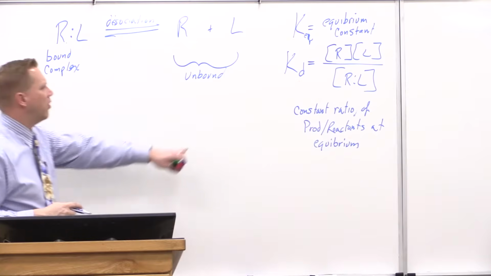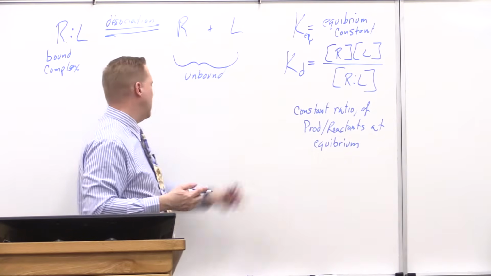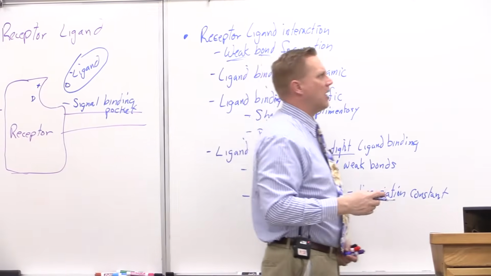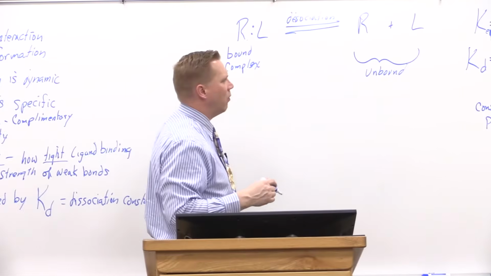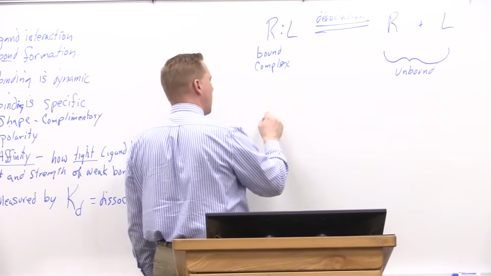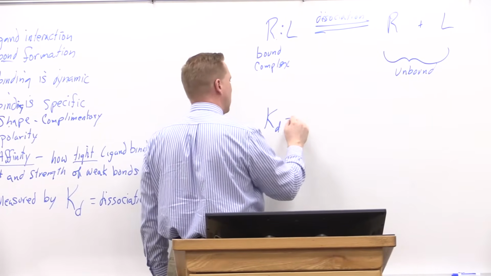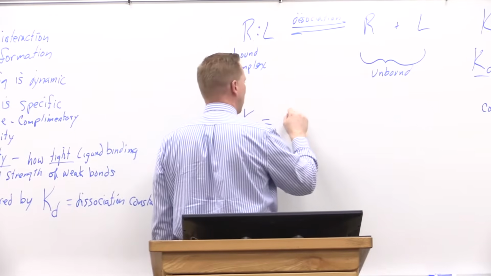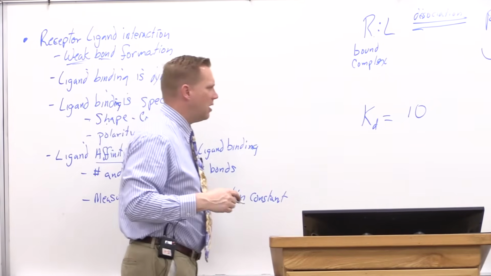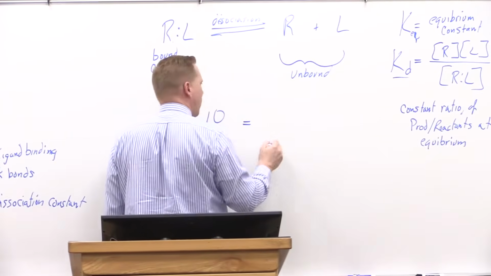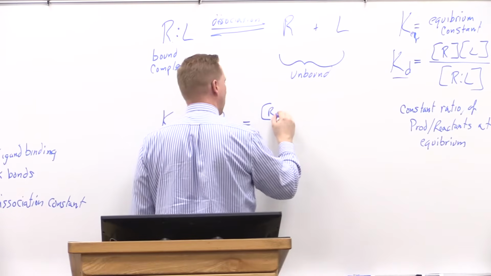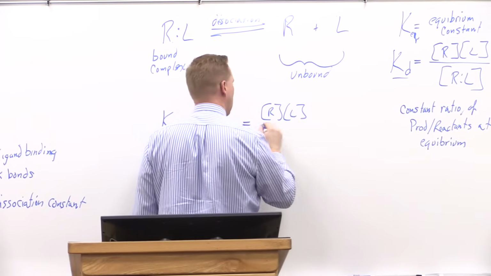Okay, so we just want to remind you a little bit about this, and this becomes significant, and we want to get back to understanding how tightly a ligand might bind to a receptor and what that means, and what does the KD show us. So suppose, for example, we had a receptor that had some kind of KD, and let's just say it was equal to 10. All right? So if my KD was equal to 10, that would mean that at equilibrium, remember that's the concentration of reactants and ligand over